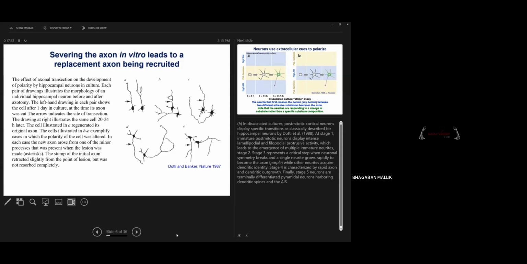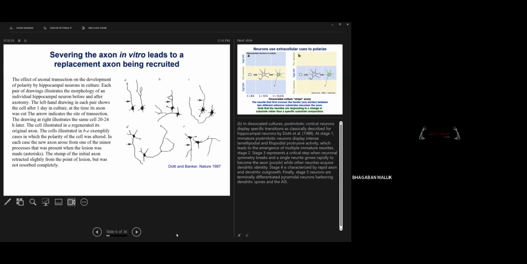In this condition, the axon generated in the same area, so they attain the same polarity. But when they ablate this one, they saw that this one grows into an axon, so they attain a different polarity. In this condition, they again ablate this one, and they saw that this became an axon. So they can attain the same polarity, they can regenerate, or they can attain different polarity. Other dendritic processes can become an axon. You can do that in a live cell